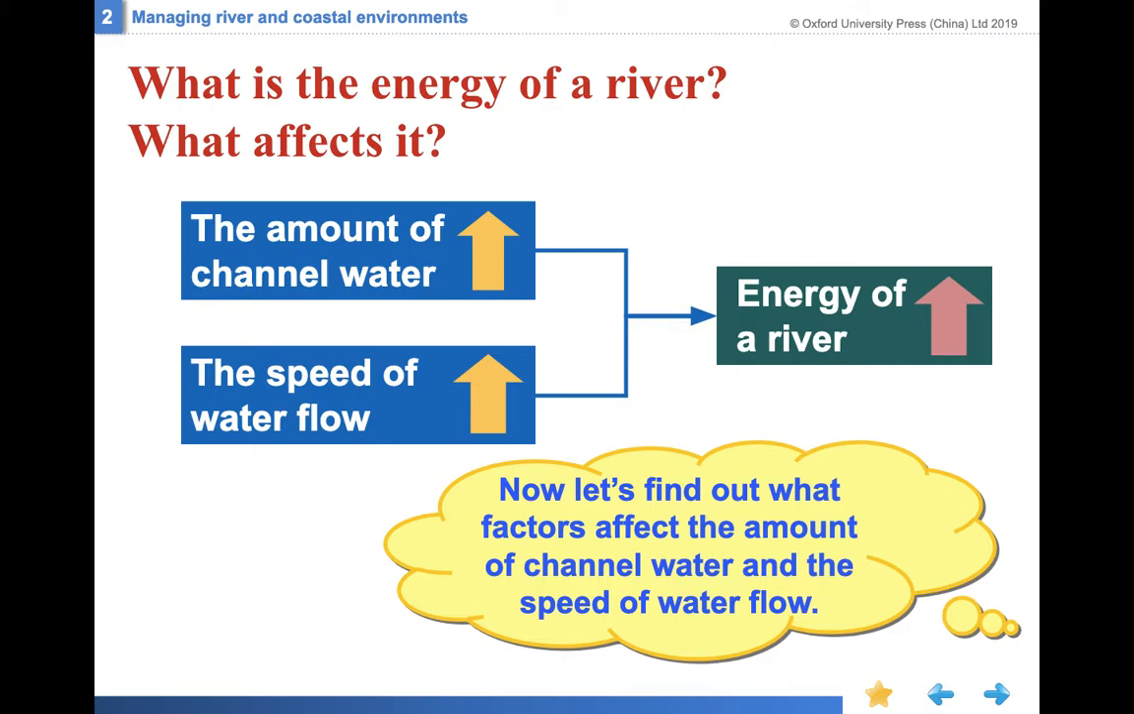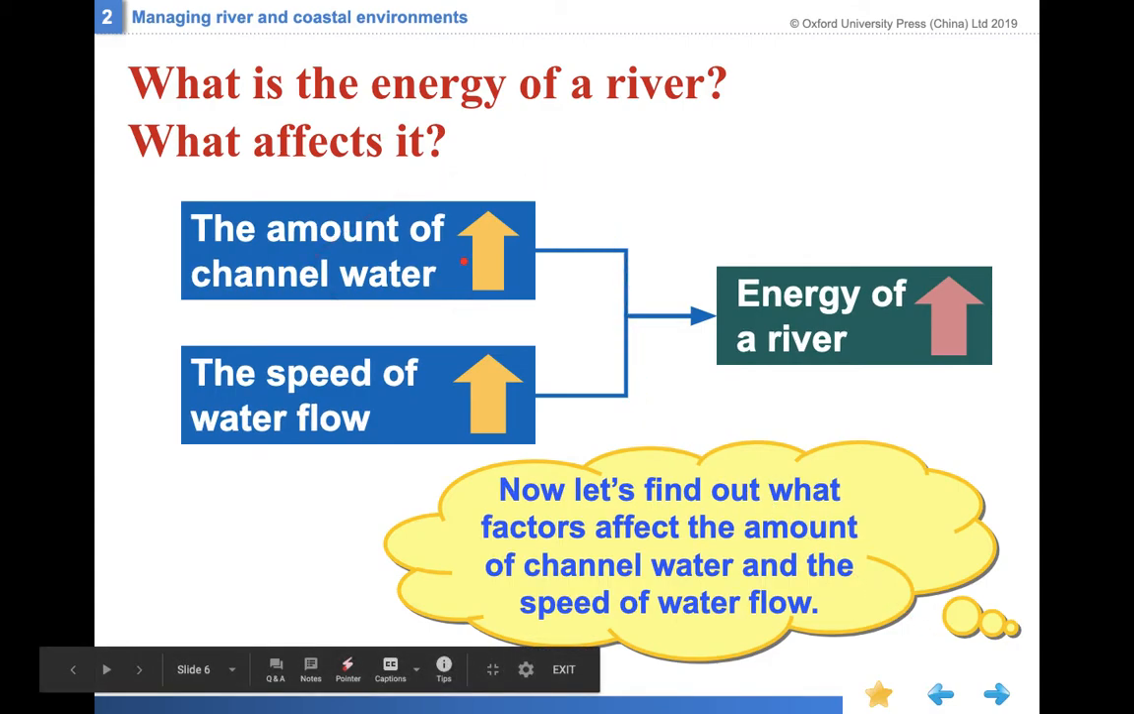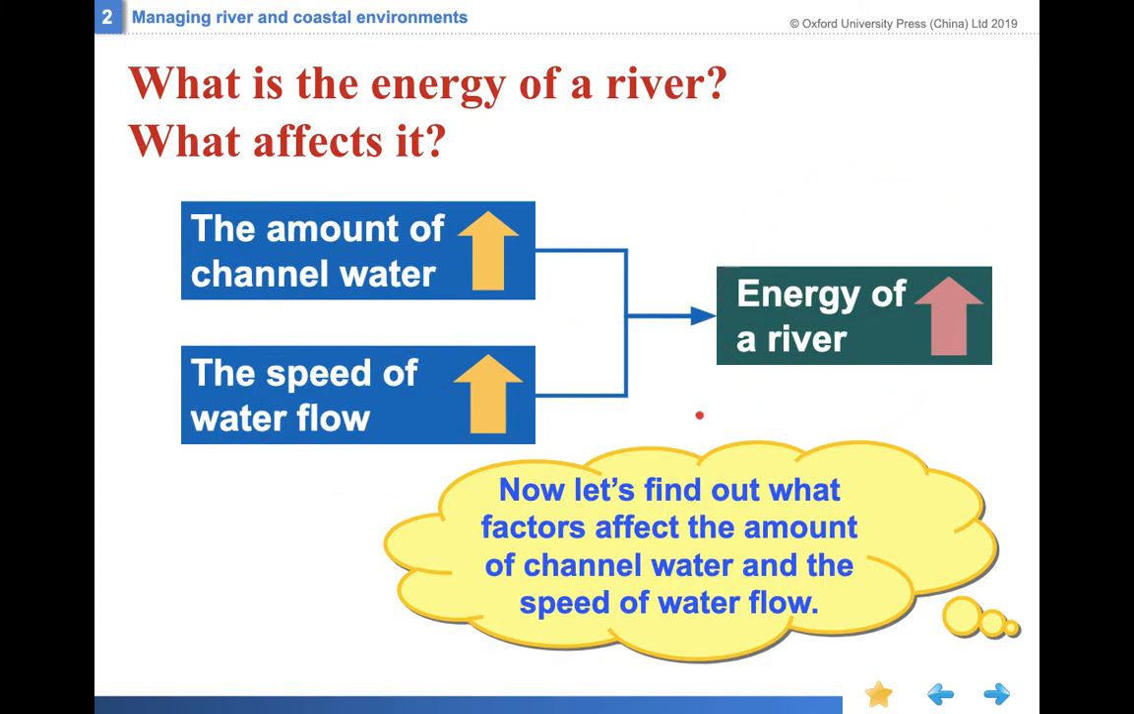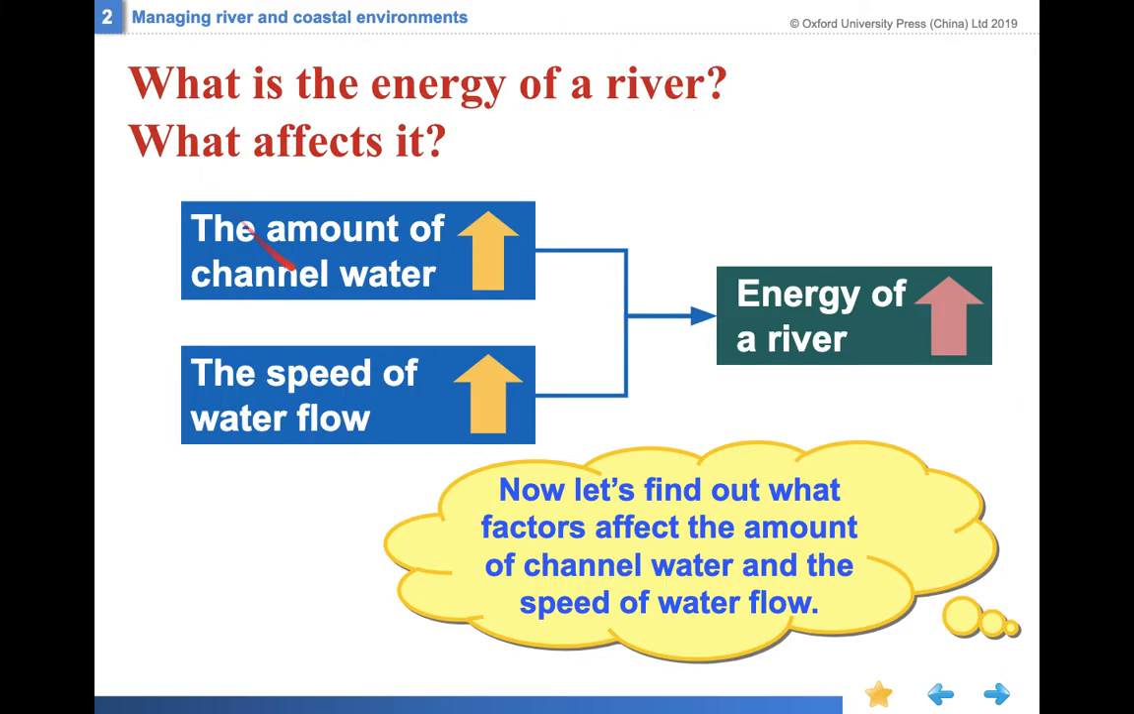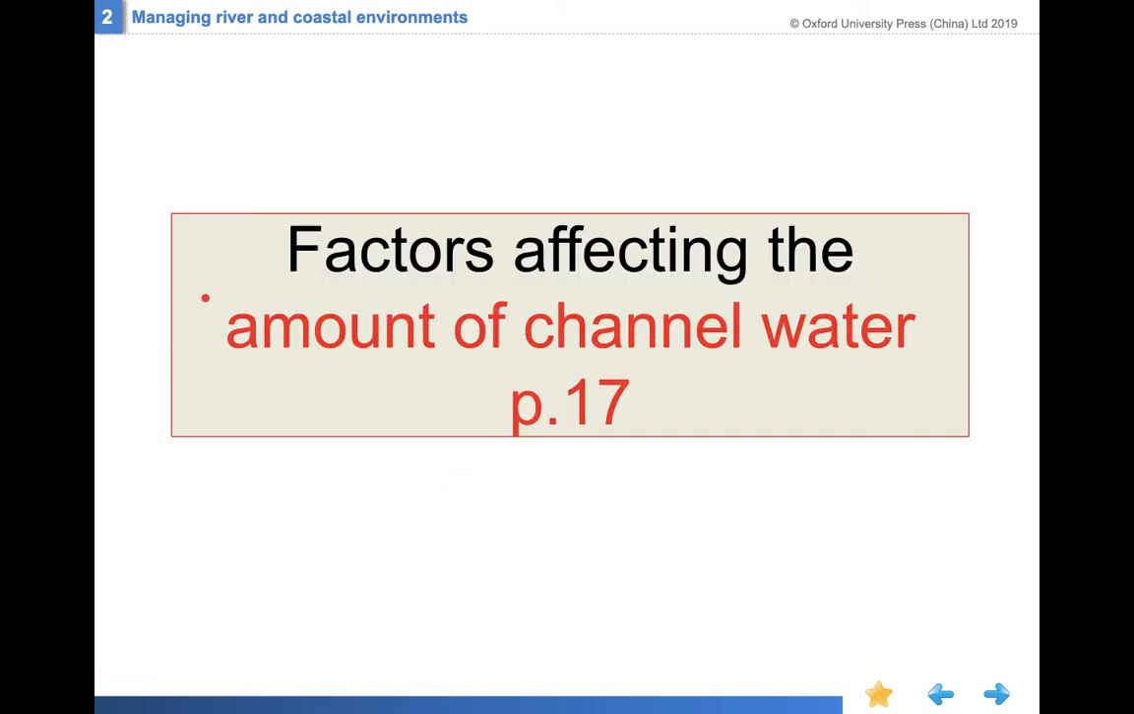So after we know that more amount of the channel water and higher speed of the river flow will give us a higher discharge and thus higher energy of the river. So what are the factors affecting the amount of the channel water? 即係第一呢一個，有啲咩因素係會影響嗰條河有幾多水呢？ So on page 17, you can see a table showing you that some factors that are affecting the amount